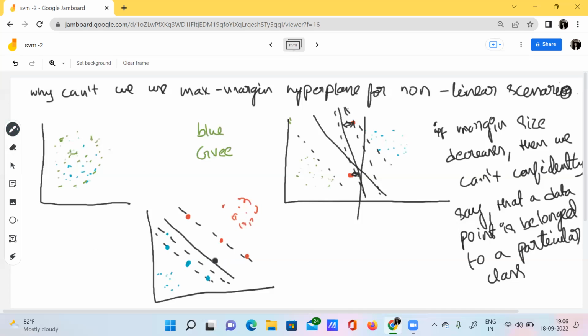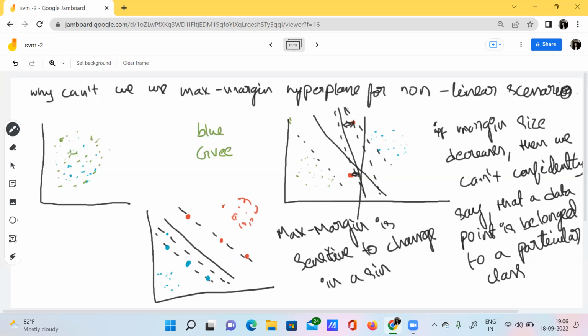So what happens? A change in the data point is actually changing the structure of the hyperplane. So this maximal margin is sensitive to change in a single data point.